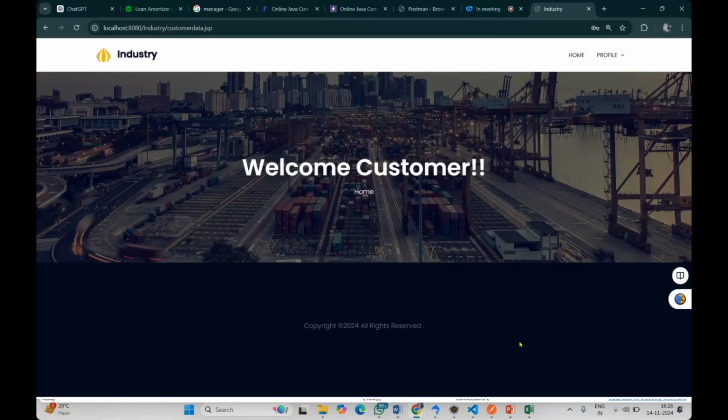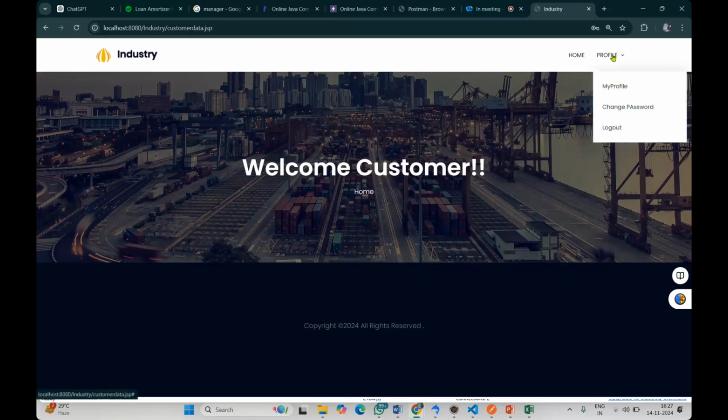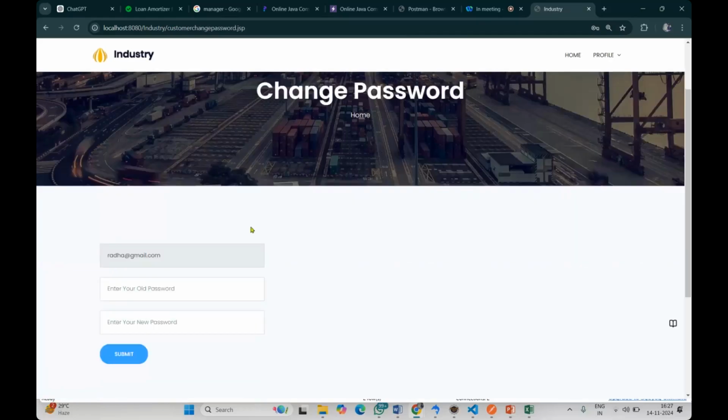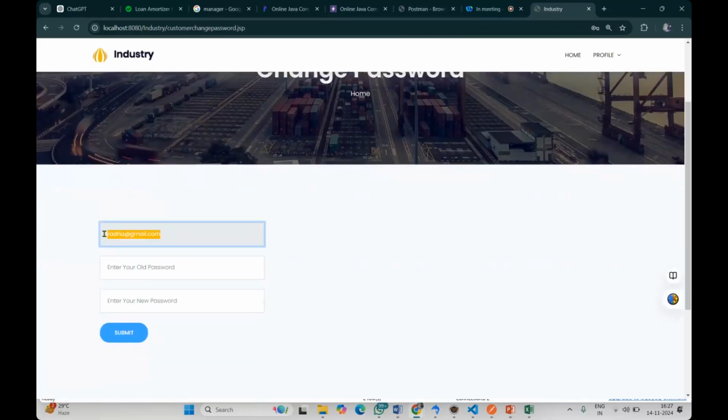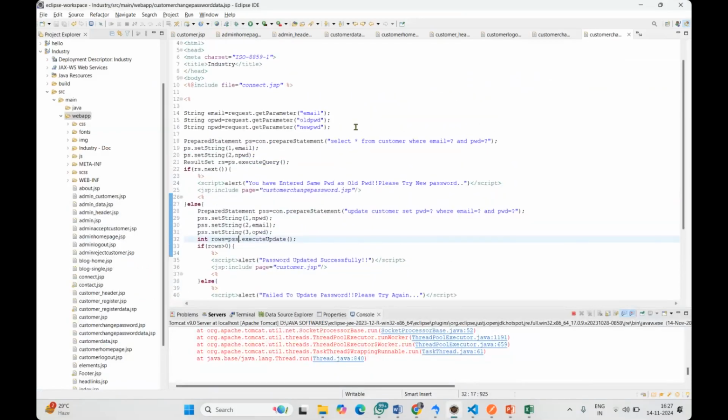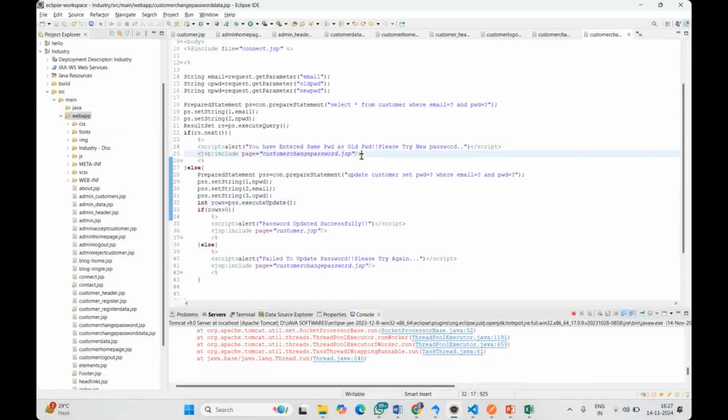If the customer was rejected by the admin, we need to send the message as your profile has been rejected. If the profile is in the pending stage, we need to send him the message as your profile is pending, please wait for admin response. After that we have created a logout where, when he clicks on the logout button, we need to invalidate the session and send him to the customer login page. And the change password is nothing but displaying his email and taking two inputs, and by using all this data, with the logic behind the customer change password,